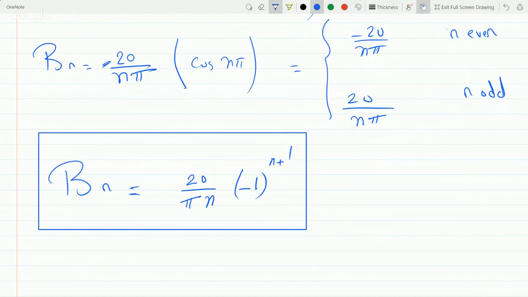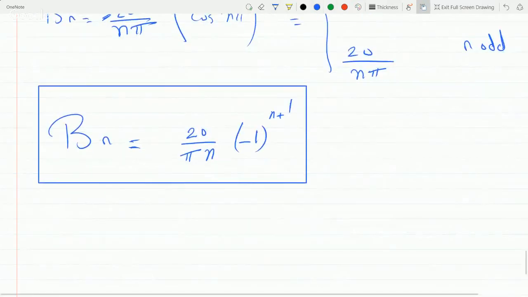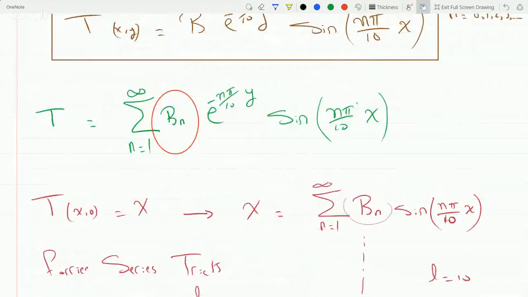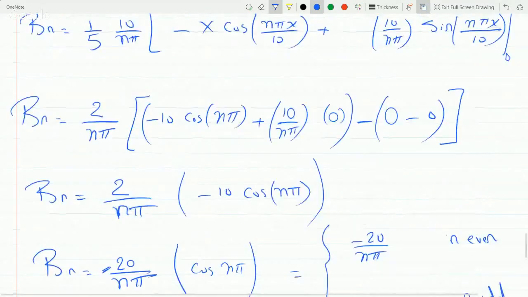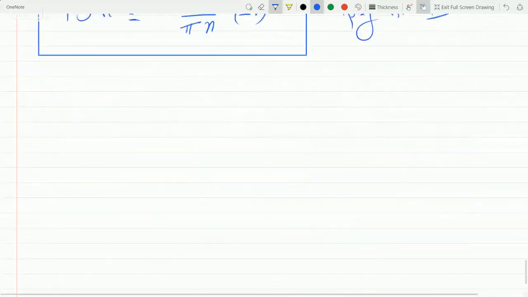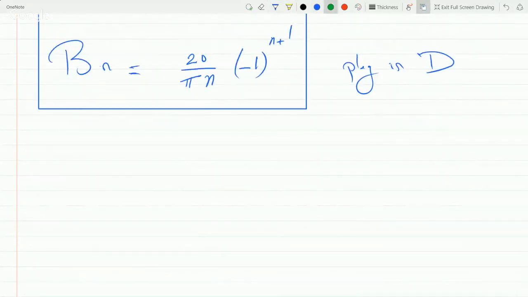So if n is 1, you will get 20 over pi times minus 1 squared will be 20 over pi. If n is 2, and so on and so forth. So now I can plug this back into my function, which is the temperature here, in the green one, because I've determined my coefficients. So plug in D, and finally my final answer will be T of x comma y will equal the summation